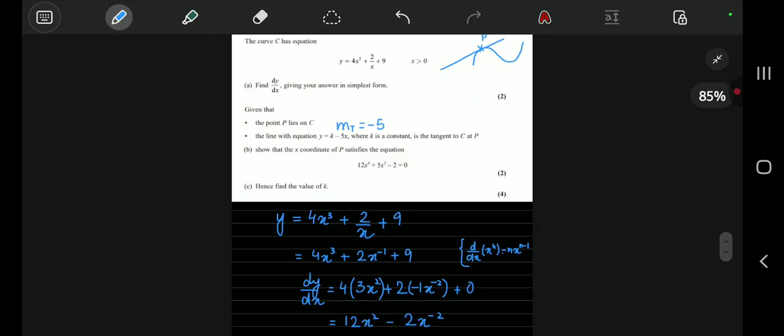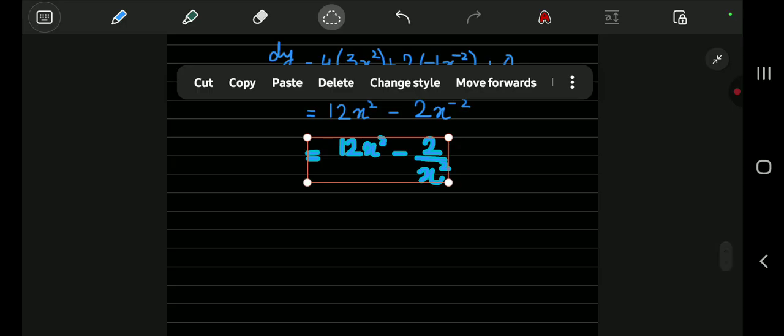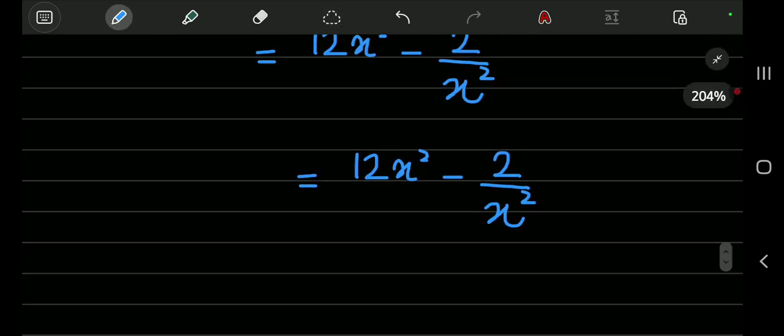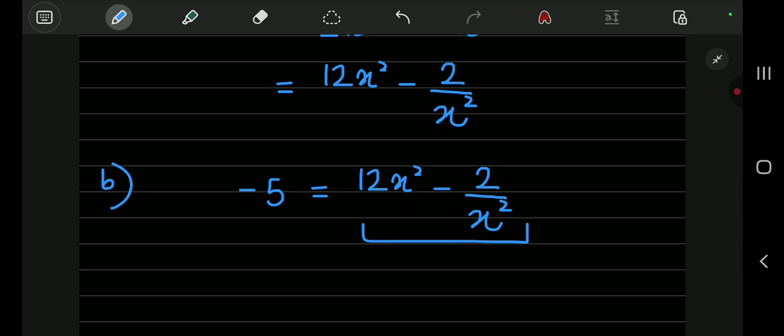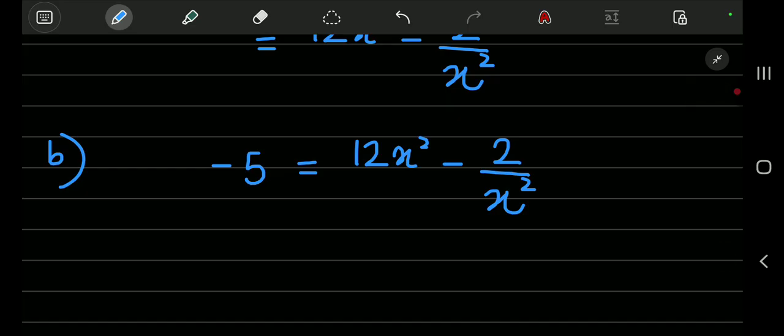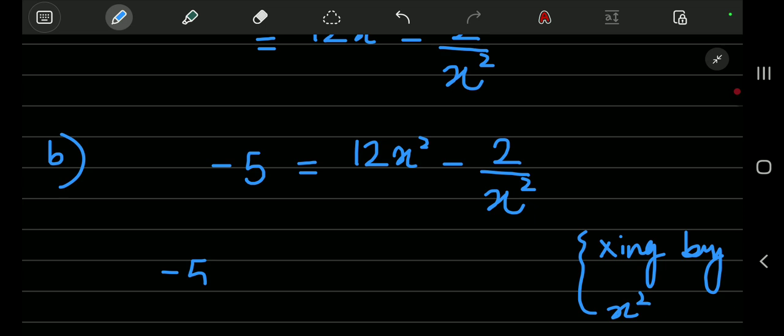So this general expression, as the tangent lies on the point P, should be equal to minus 5. Because the equation of the tangent is this, and this tangent lies on point P, it must satisfy the x coordinate of the point P, and it should be equal to minus 5. If we can make out that equation, then it means the x coordinate satisfies it. So let's multiply the whole equation by x squared to simplify it. So it will be minus 5x squared